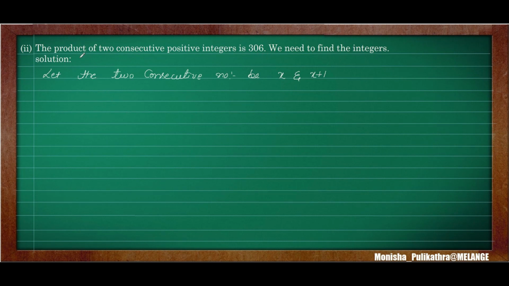Next, what they have given in the question is the product of two consecutive positive integers. Product means multiplication. The product of two consecutive positive integers is 306. We need to reduce it into a form of a quadratic equation if it happens. So x into x is x square plus x into 1 is x, equal to 306. So x square plus x. I will shift this 306 to this side, so minus 306. This is in the form of ax square plus bx plus c is equal to 0. So if it is in this form, then it is a quadratic equation. I hope you understood this.